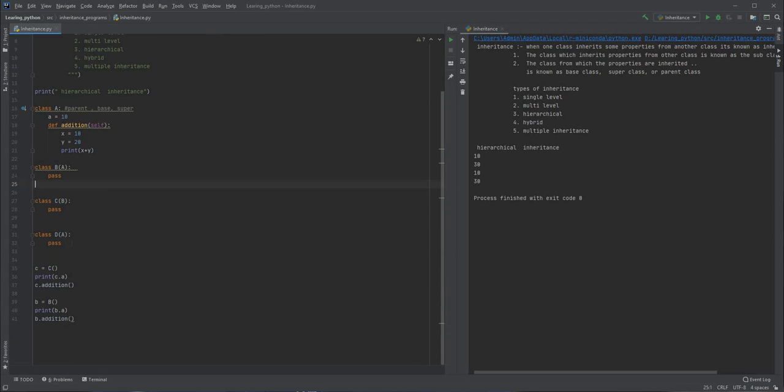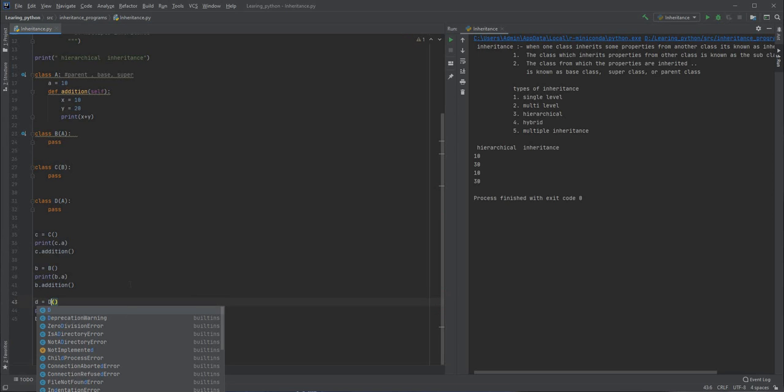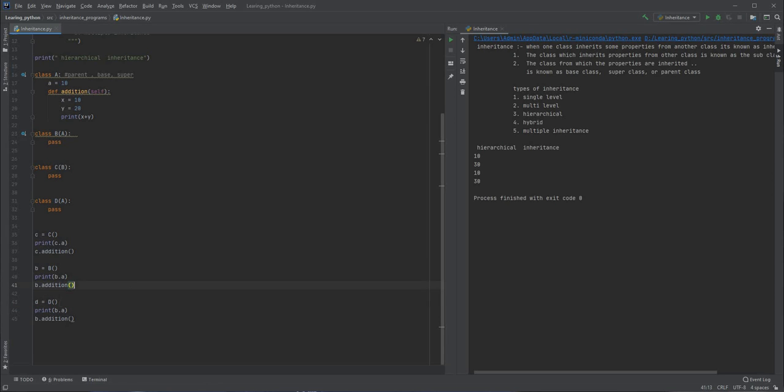Okay, now we can create the object of even the D class. Okay, like this. Let me just copy this here one more time, just like this. Okay, and instead of D reference variable, let me call it as small d, and here let me use the constructor of D class like this. Okay, and using the small d, I can access the variable A which is present in class A, as well as using the D reference variable itself, I can call the addition method which is present in the A class.